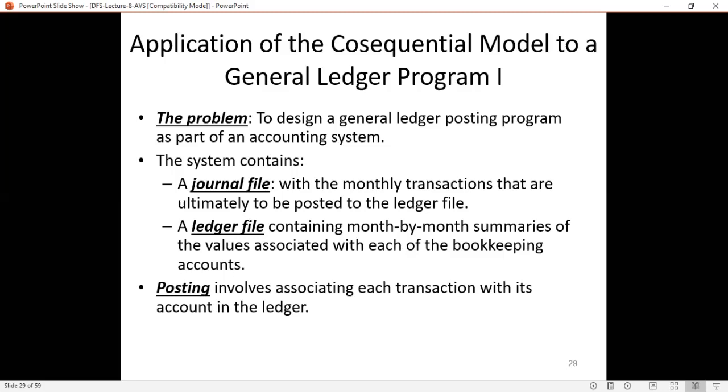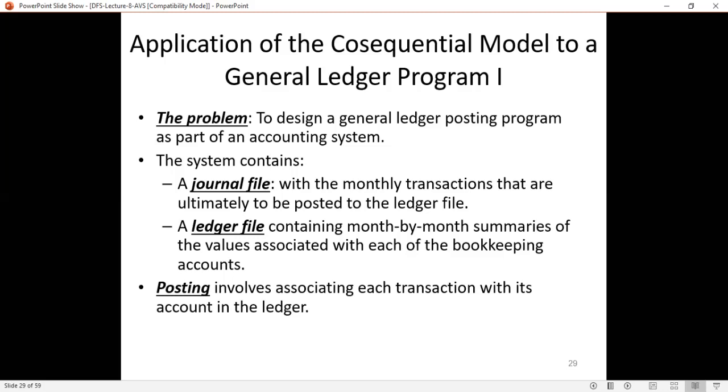Now this journal file, that is the monthly transactions, you have to post to the ledger file at the end of each month, and in the ledger file these transactions will be updated. Posting involves associating each transaction with its account in the ledger.